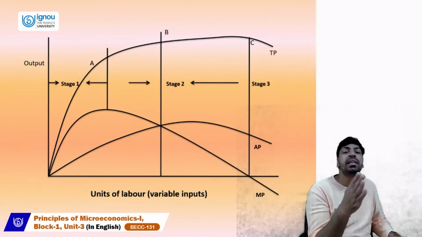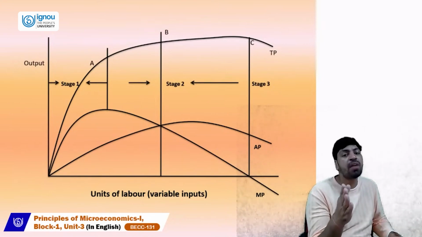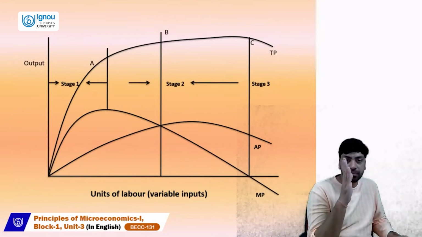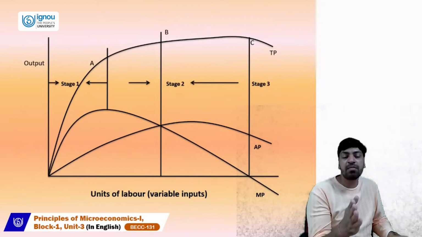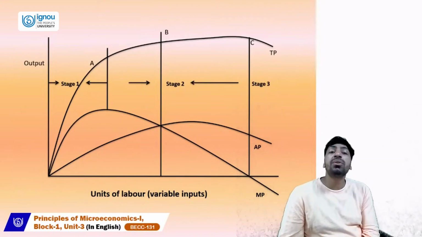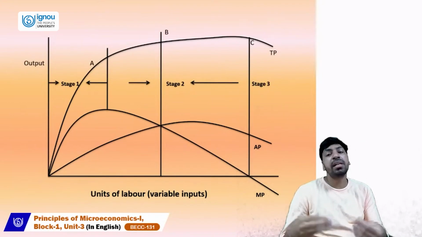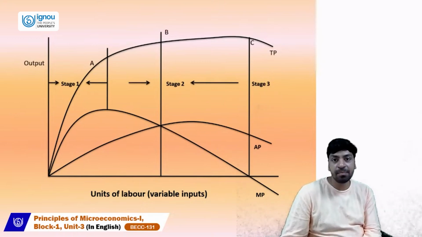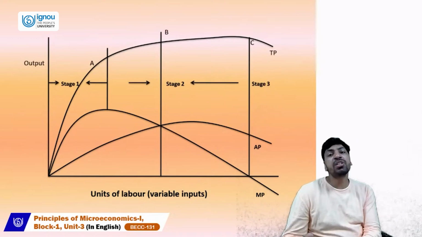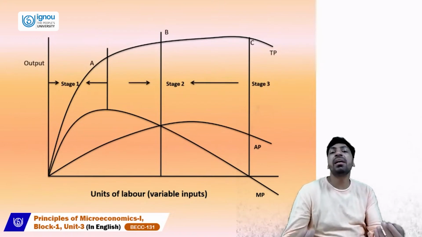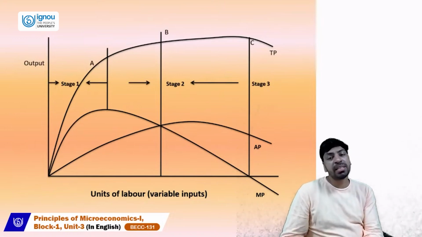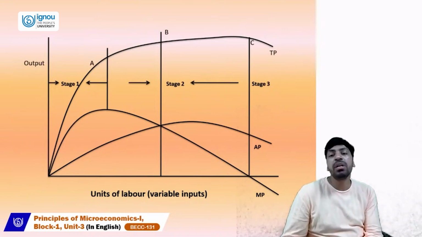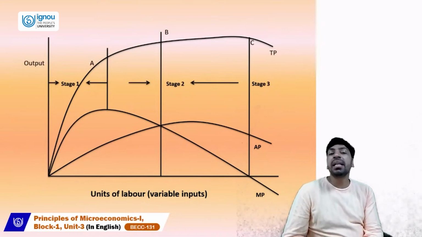Then after a certain point, the total product becomes constant, which is shown at point B. Then after reaching a certain level of output, the total product or output will start declining,